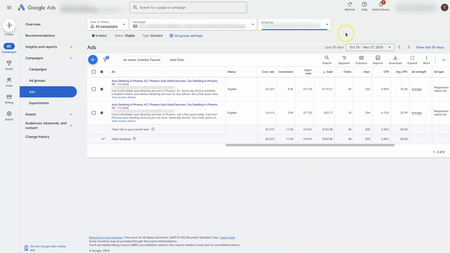And your metrics here might look a little bit different. You can modify them by clicking on Modify Columns right here, and then add in things like conversion, cost per conversion, conversion rate, whatever metrics you want to see. And those are kind of the main ones people are usually focused on, which is like,